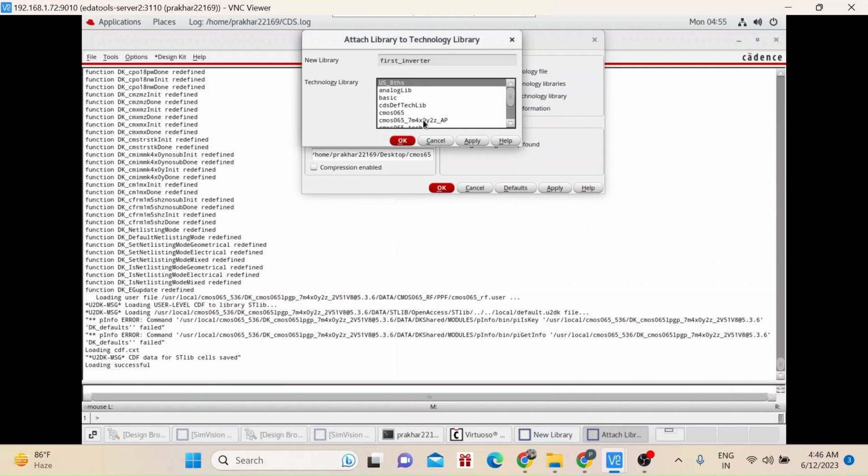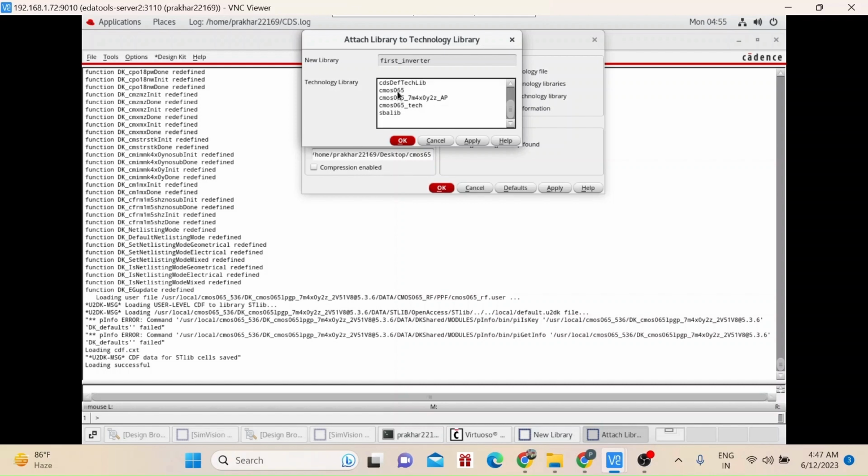So an existing technology library is just a collection of pre-designed and characterized electronic components such as standard cells, memories, transistors and IO cells, etc. that are available for use in designing integrated circuits, for example ICs. Okay, so we will use these transistors in our CMOS inverter further.